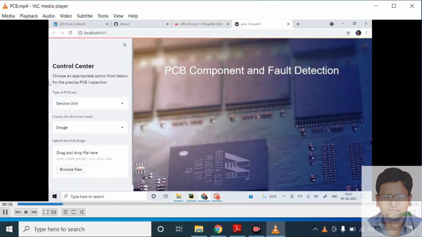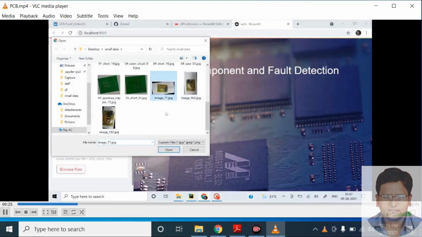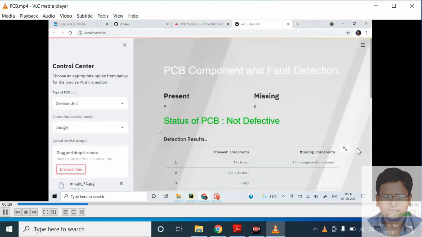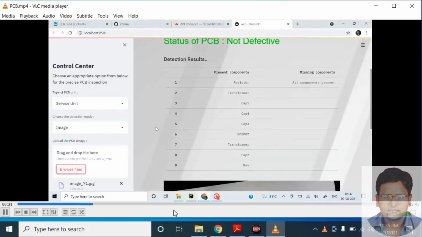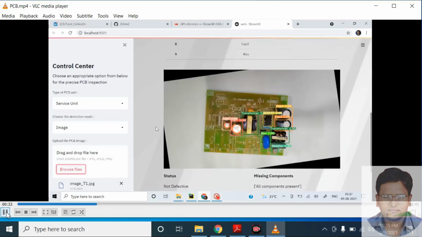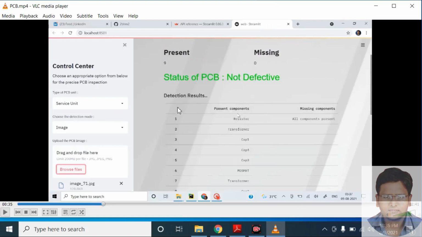After running, this interface will come ahead. We can see here, this is the UI part of our project. Here we can see we have passed the image and the status of the image is not defective.